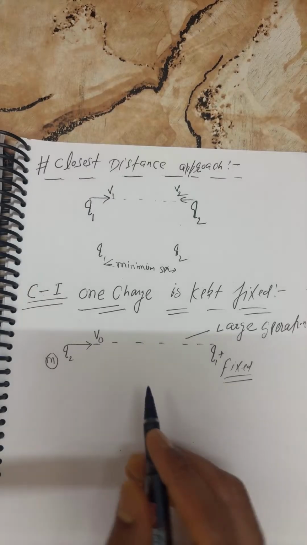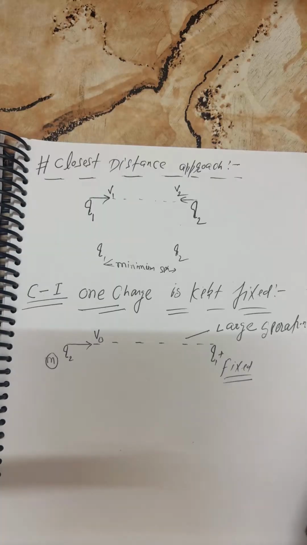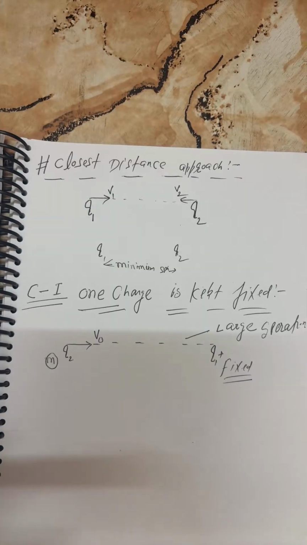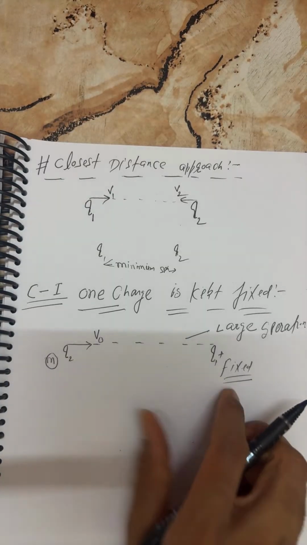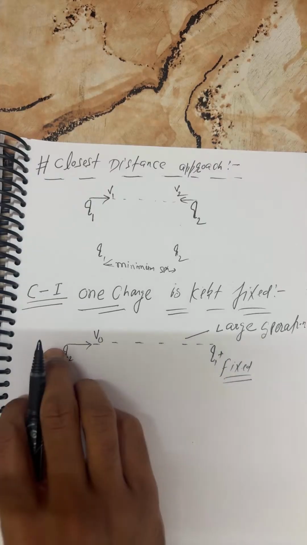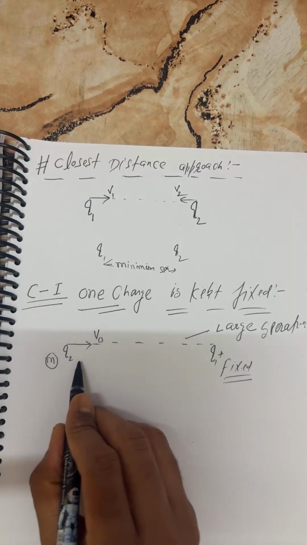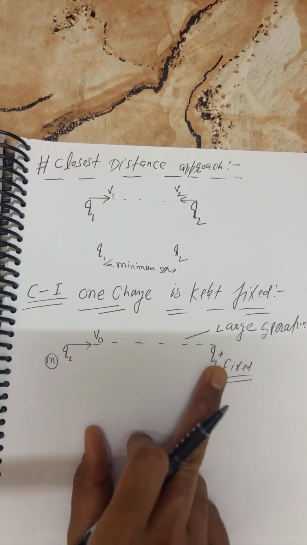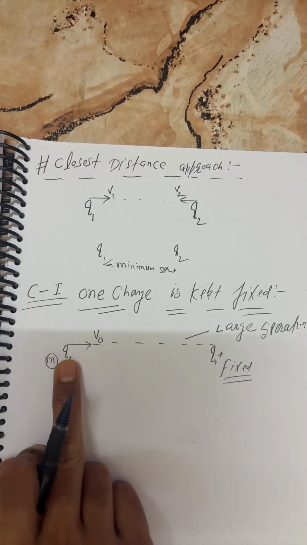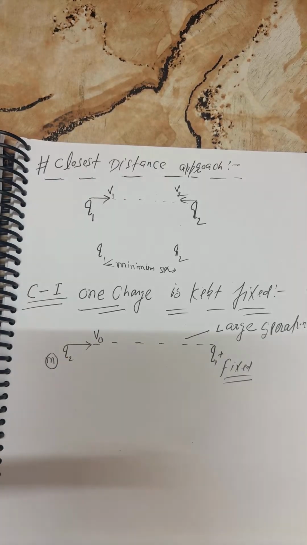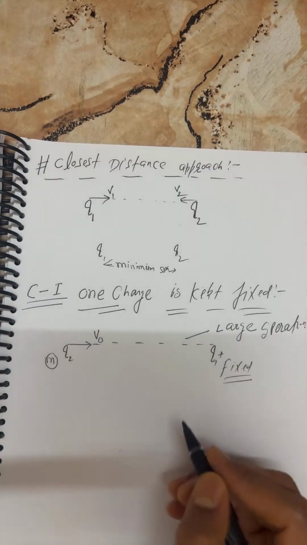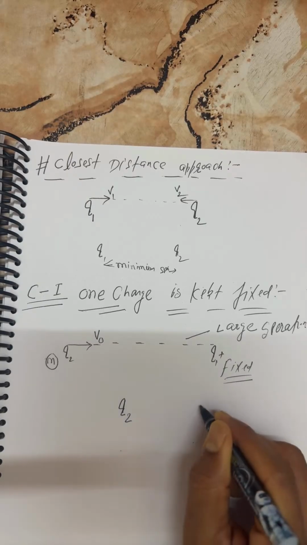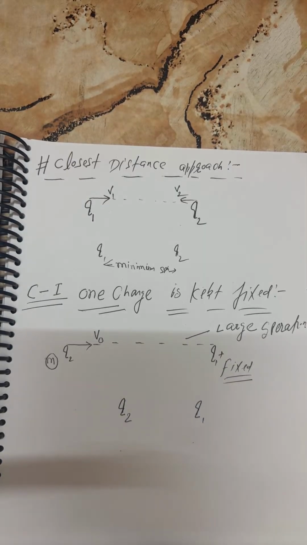So this charged particle has initial kinetic energy, so it will move towards Q1, but due to repulsion it will not go any closer. Finally, due to repulsion, this particle, which only has a velocity, comes to rest. So both particles are at some finite separation, and Q2 will also be at rest. If Q2 and Q1 remain at rest,